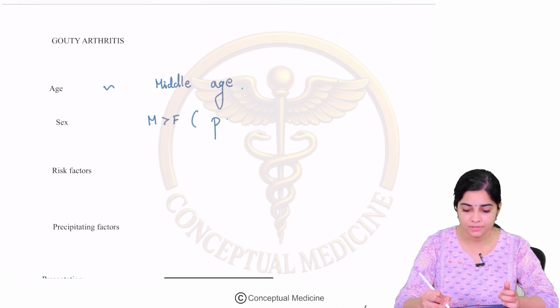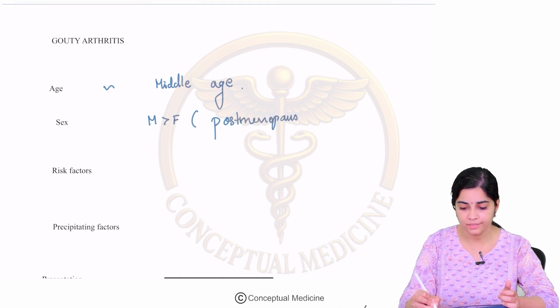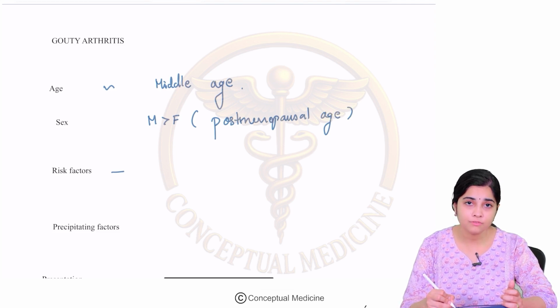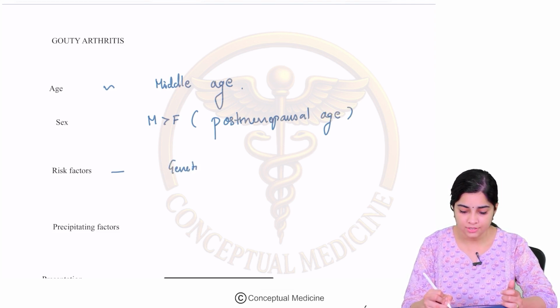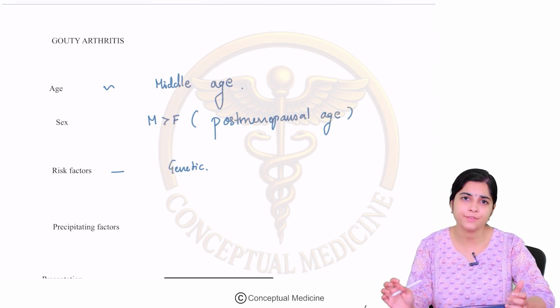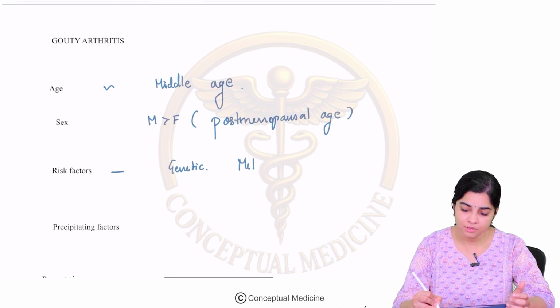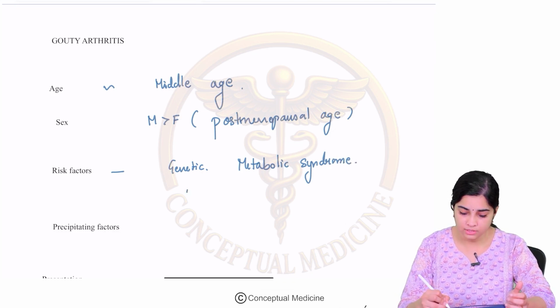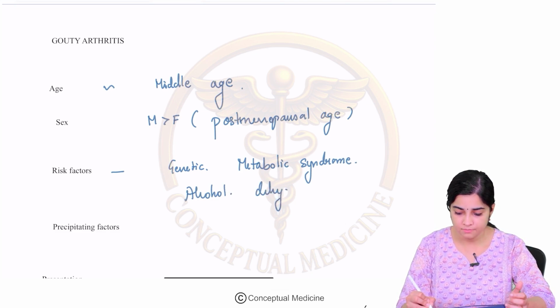When it comes to females, it is usually more common in the post-menopausal age group. So the risk factors are most often due to genetic conditions where the cause is unknown and often it runs in families. Apart from that, metabolic syndrome is a very, very important risk factor. Apart from metabolic syndrome, you can also think of excessive alcohol consumption, dehydration,